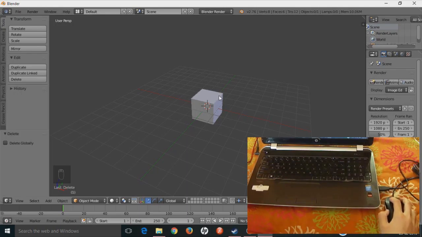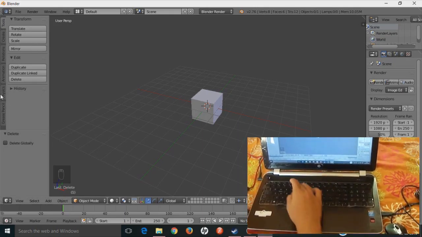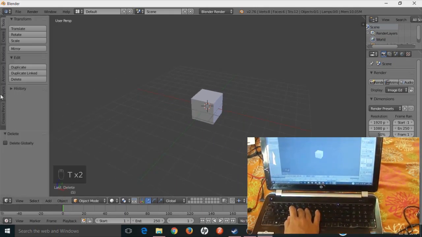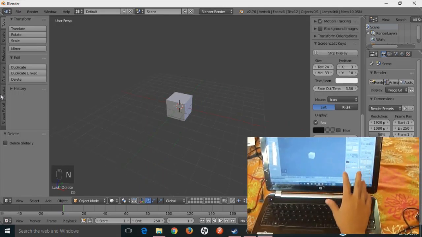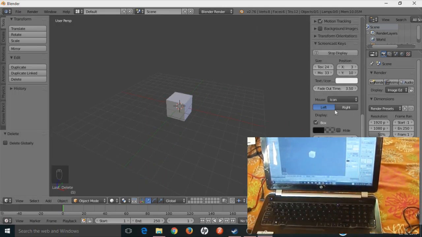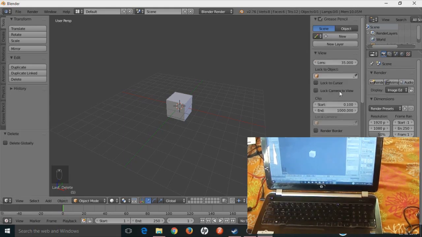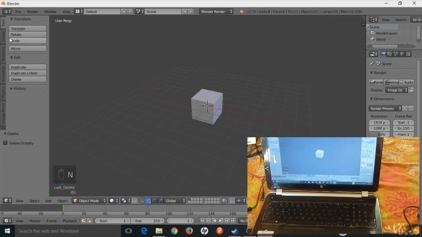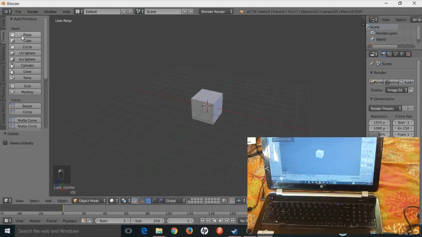But not just with the cube, they even have more stuff over here. If you look at this, I don't know what this menu is called, but I just know that if you press T, it goes away. If you press T, it comes back. If you press N, this toolbar kind of thing comes here, and if you press N, it goes away. So here you can go to create, and you can see more mesh over here. So you've got planes, cubes, circles, sphere,